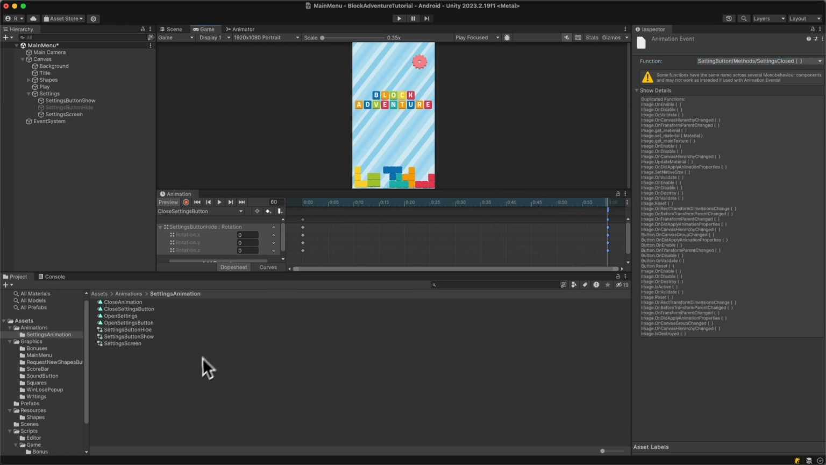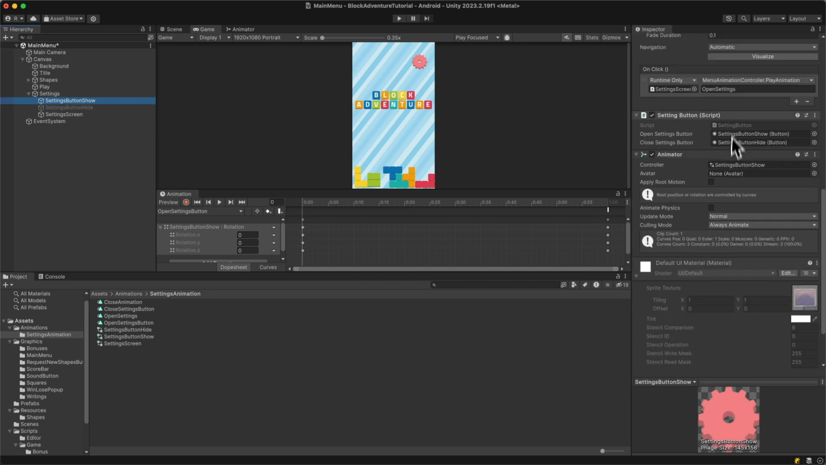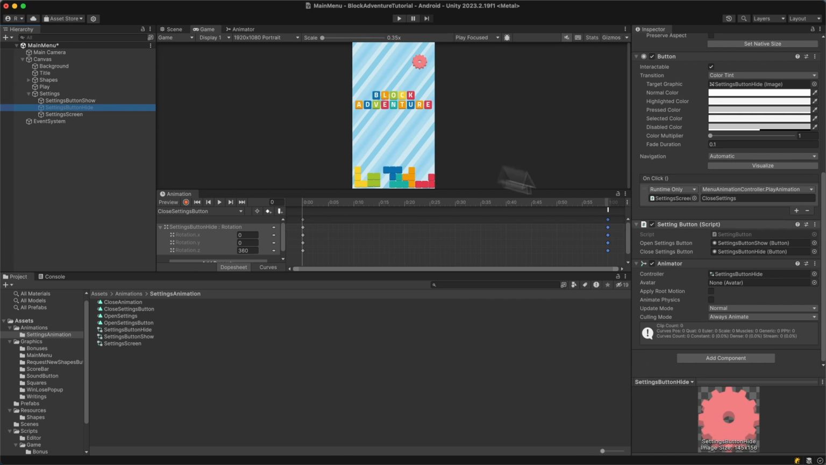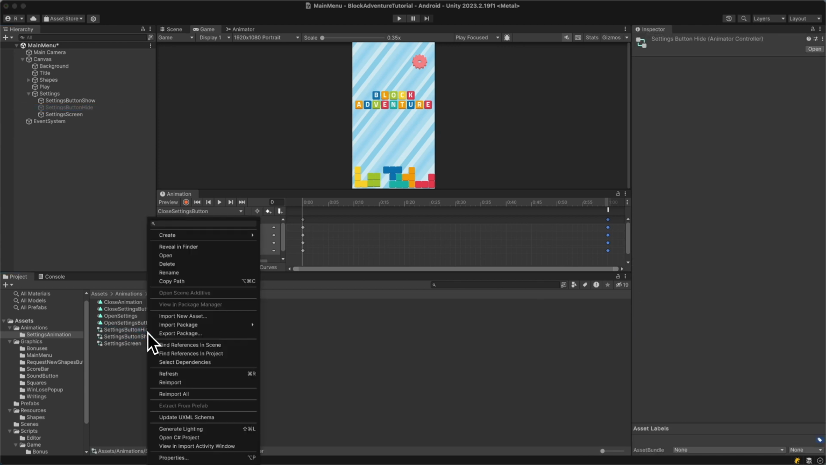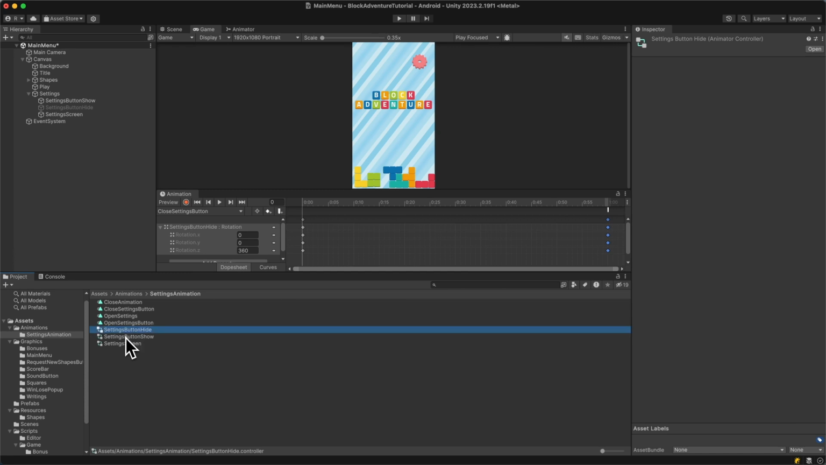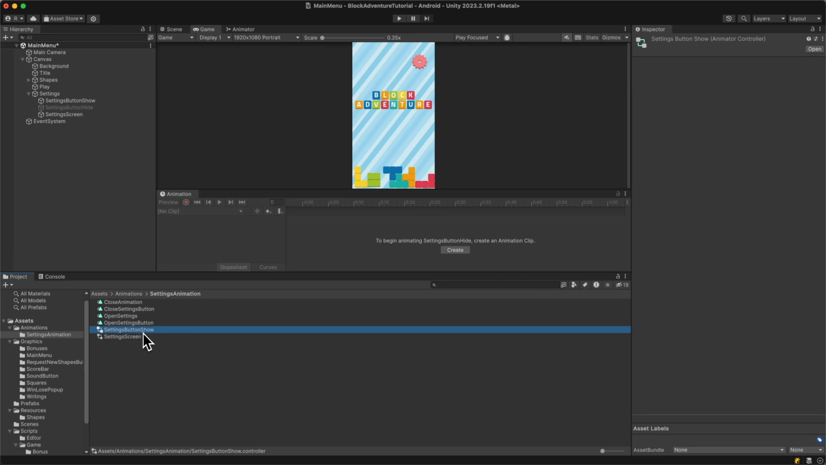Actually, there is one more thing which we want to change. Because we have added the animation for two different objects, we have two different animation controllers. So if you select the setting button show, you will see you have the setting button show controller, and if you select the setting button hide, you have the setting button hide controller, which is not correct. We want to have just one controller, so I will just remove the setting button hide controller, delete, and then I want to keep the setting button show, and I just rename it